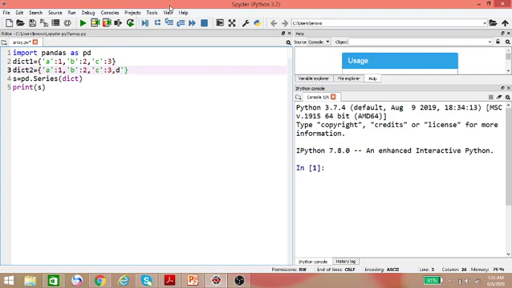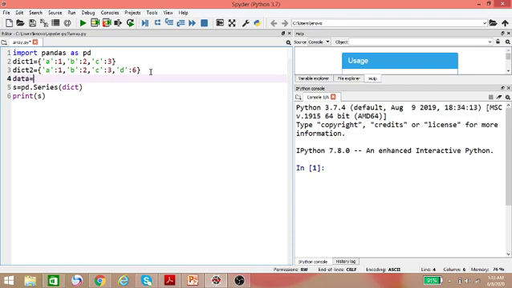This is the key and its related value. So in dictionary 1 there are 3 key-value pairs, and in dictionary 2 there are 4 key-value pairs.